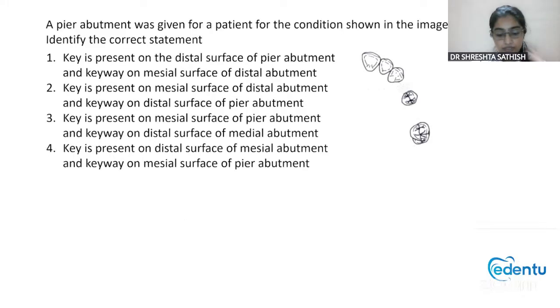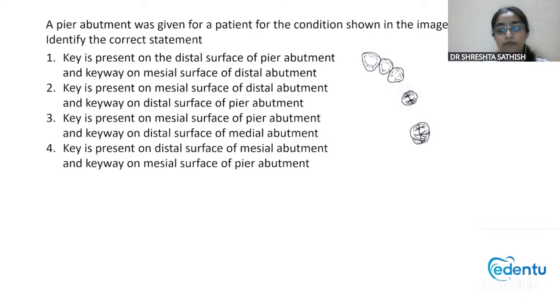A pier abutment was given for a patient for the condition shown in the image. Identify the correct statement. The key is present on the distal surface of the pier abutment and the keyway on the mesial surface of the distal abutment. Key is present on the mesial surface of the distal abutment and keyway on the distal surface of the pier abutment. The key is present on the mesial surface of the pier abutment and keyway on the distal surface of the mesial abutment. Key is present on the distal surface of the mesial abutment and keyway on the mesial surface of